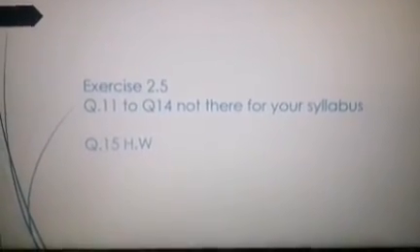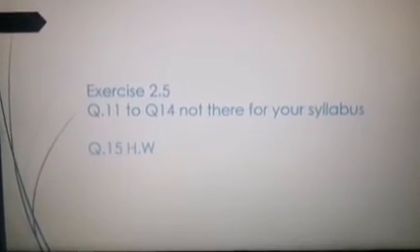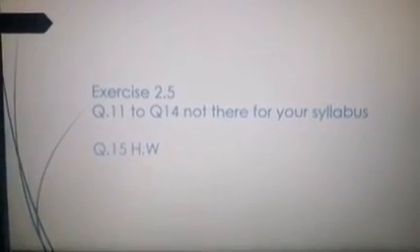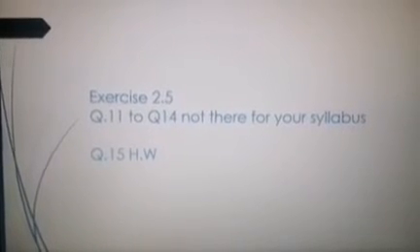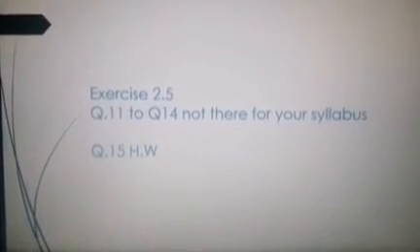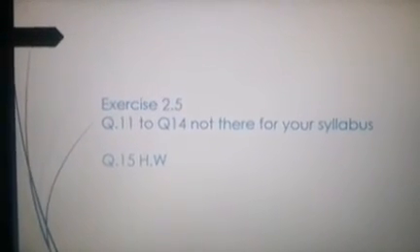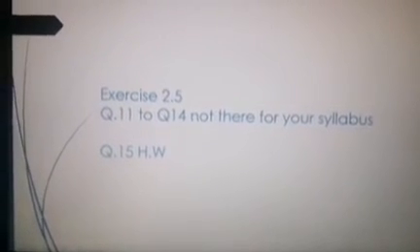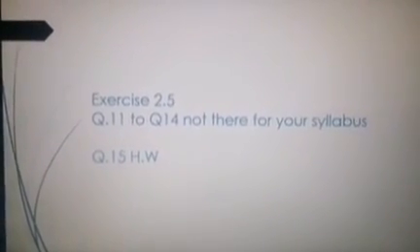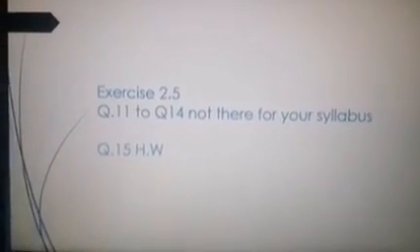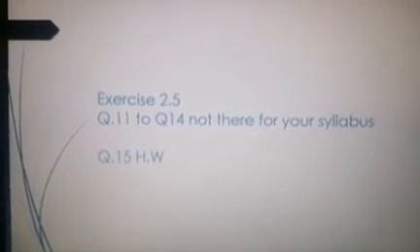Okay. So now next, under this exercise from question number 11 to question number 14, it is not there for your syllabus, so no need to solve that. Okay, one identity has been removed for your syllabus. And this question 16 and 17, both you have to consider it as a homework. So that is exactly, see, one will be finding the area, the other one will be finding the volume. Okay, so I want you guys to try it out, and if you're not getting, you can get back to me. So this is about the entire chapter polynomial.